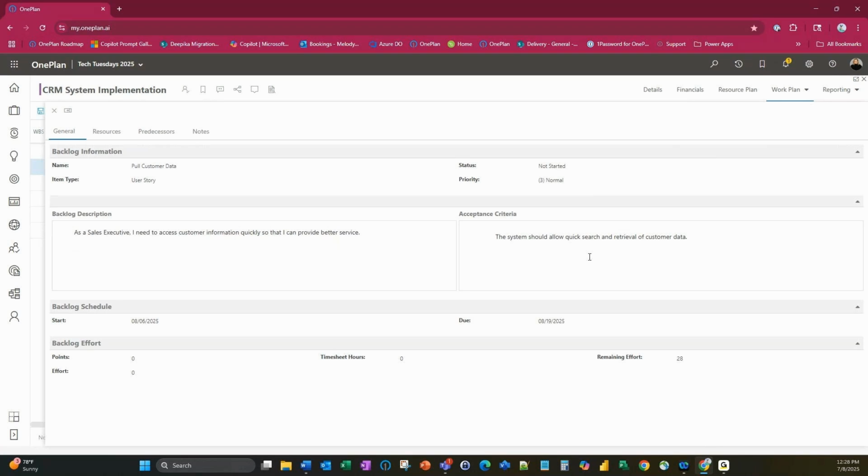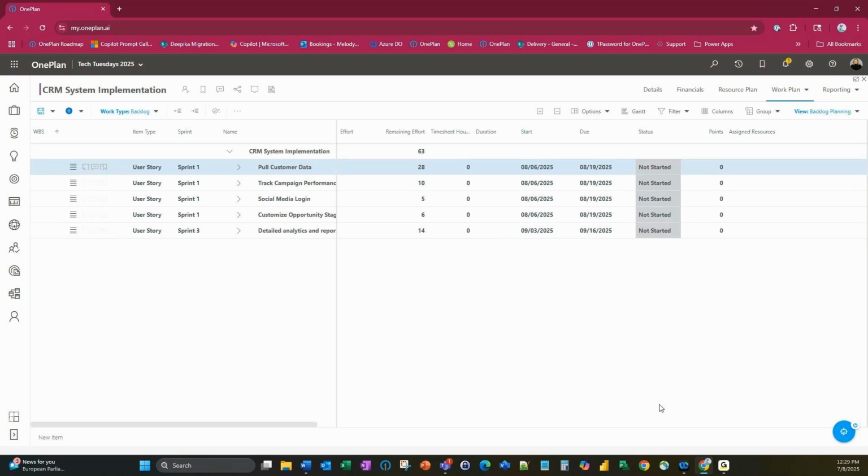What I tend to do, from a project manager or Scrum Master perspective, is like to have our descriptions as defined as much as I can, with any additional detail that will help the person doing the configuration. So, for example, in this case, you may want to say in the description where the customer data is located, if they need to know that, or any other bits and pieces of information that would definitely be helpful for anybody doing that configuration.